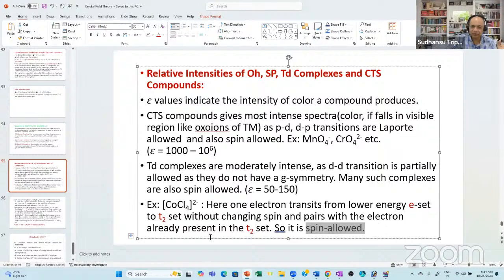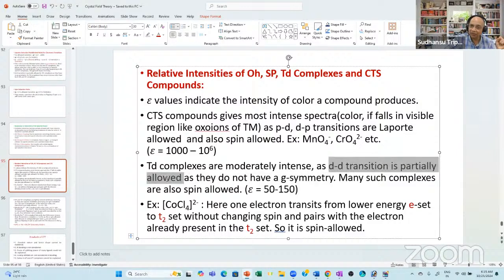But for manganate, dichromate, they are CTS. This is a dd transition, but a little CTS. Now see, 1000 to 10 to the power 6. If you find in some question epsilon is given so high, then close your eyes and write it is CTS. And if it's such a small peak, this 50 to 150 is TD, it is intermediate,